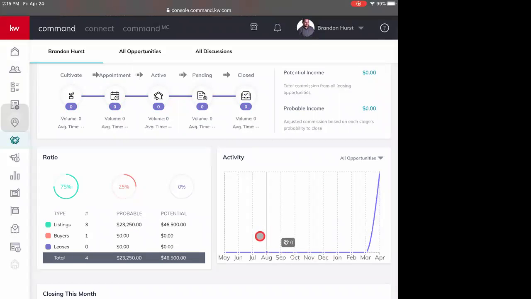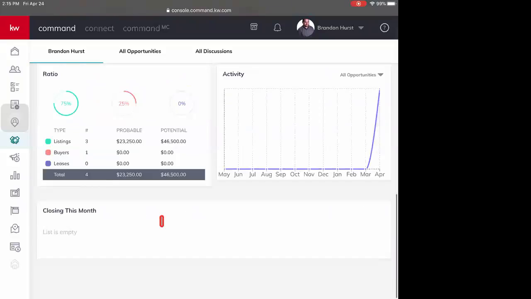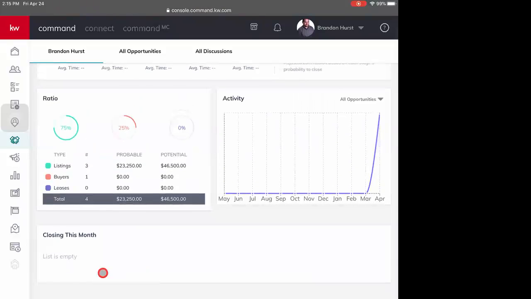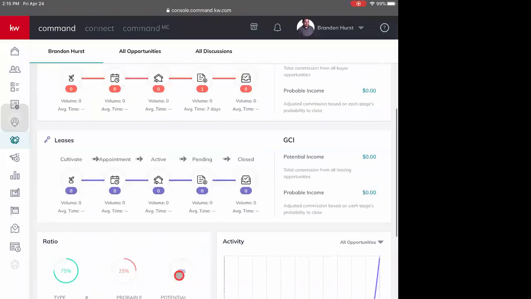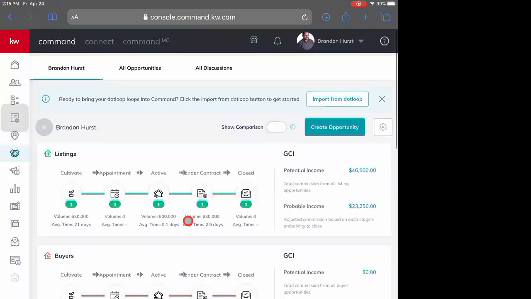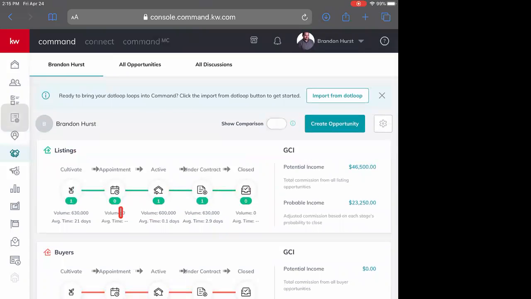If you start to put it in every single month, this activity log will have ups and downs. You'll be able to track on a graph how many people you're putting in, right? You can also then, when you start to really get into your closed escrows or your properties that are in escrow, you'll be able to see what's closing this month so that you can have a snapshot of everything you need to know about your pipeline here. Okay, so this is how you create the opportunity and upload your contacts as your pipeline as an opportunity in